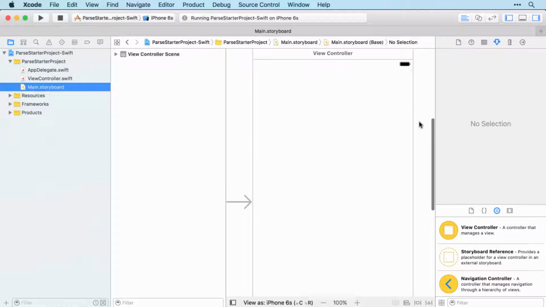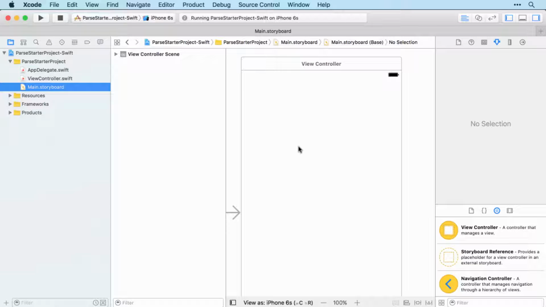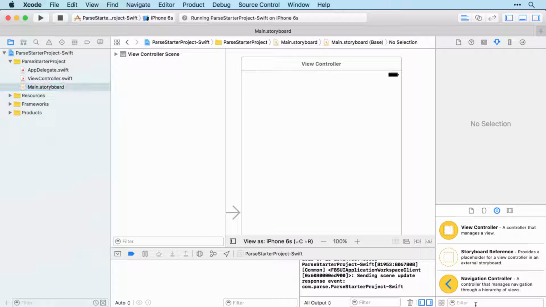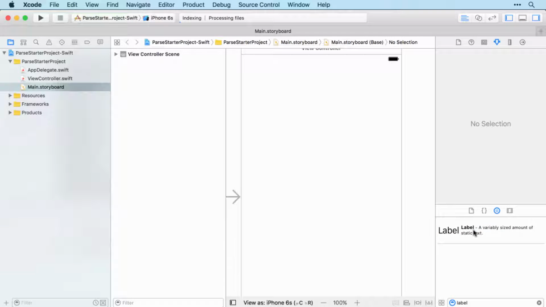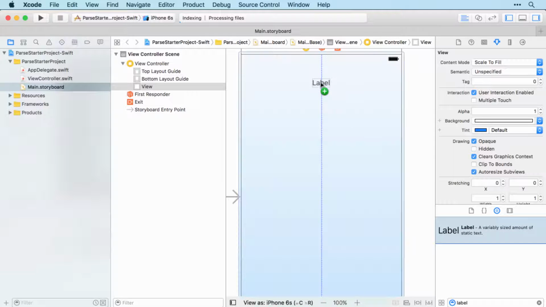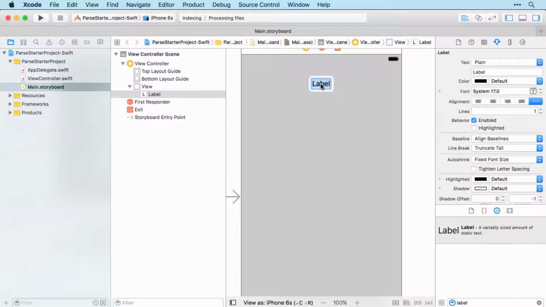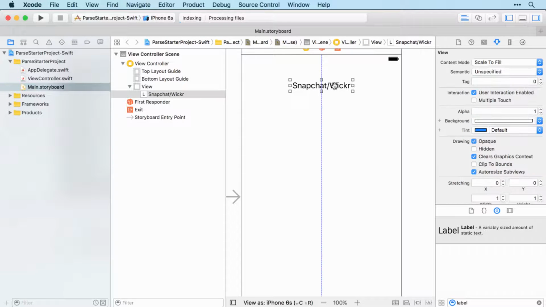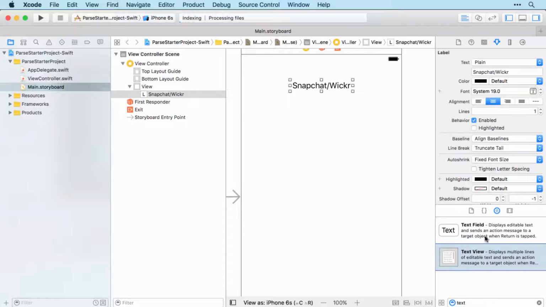So what we're going for here is really a kind of burner messaging application. So one that you'd really only use once. So that enables us to have a really simple login and sign up setup. So let's bring in our label. Try that again. There we go. And we'll use Snapchat/Wicker as our title. There we go. And we're just going to have a single text field this time,